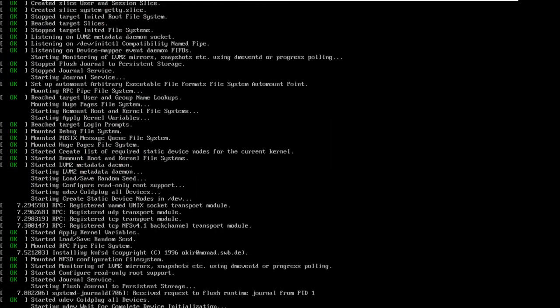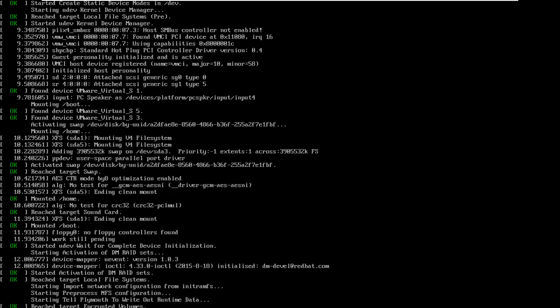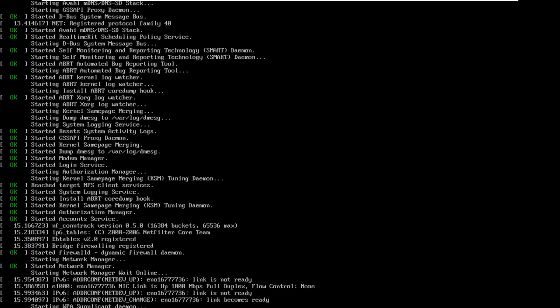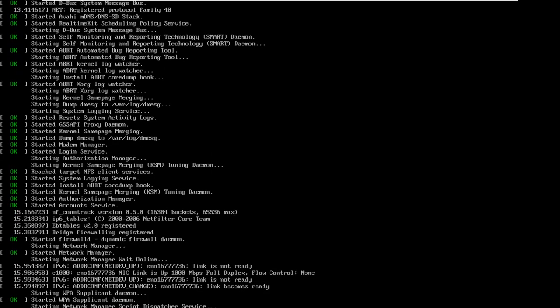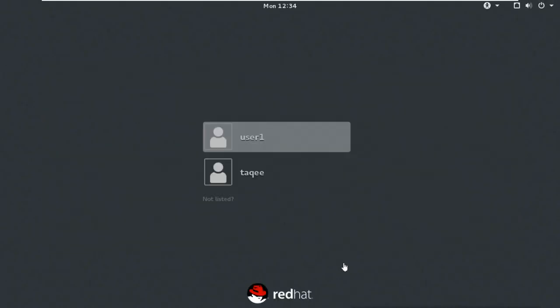This screen was not showing before, where it is showing everything which is running, starting and all, because I removed RHGB quiet. Because of RHGB quiet, it was booting quietly and it was not showing anything. And now it is started.